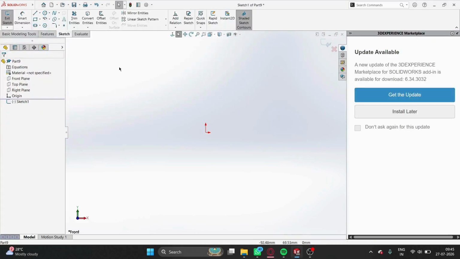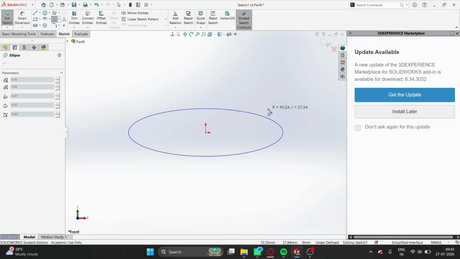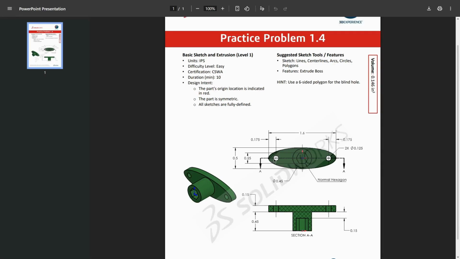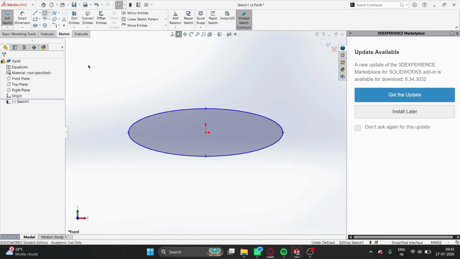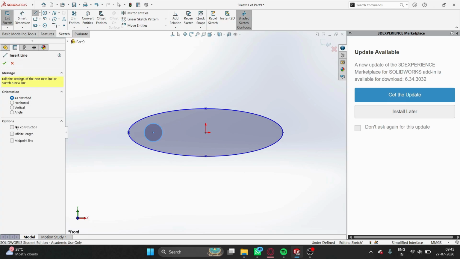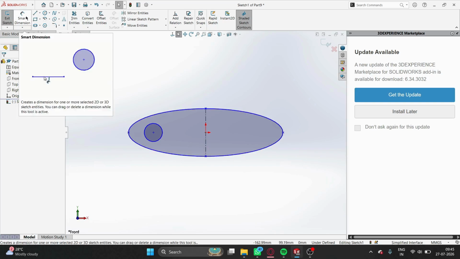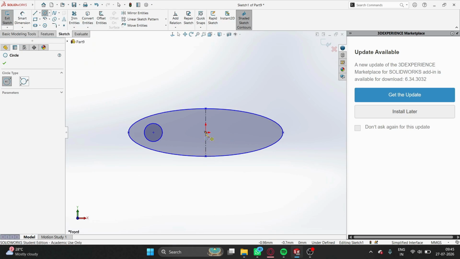We create an ellipse over here by going to the circle feature, by going to the ellipse feature and doing this. Then we create a circle on this side. Take a line for construction and make a line right through the center. Using another circle,